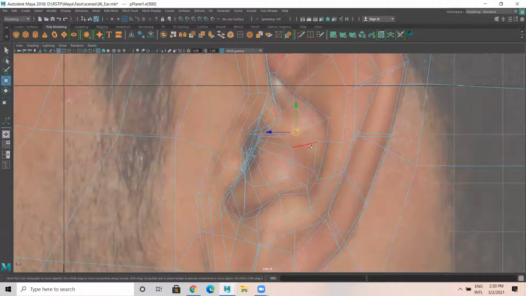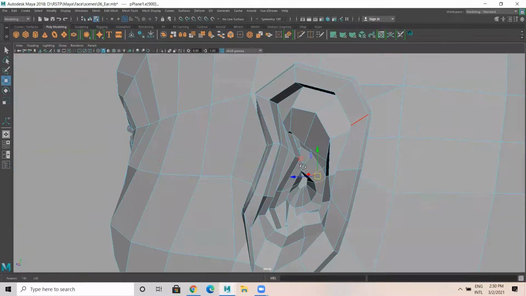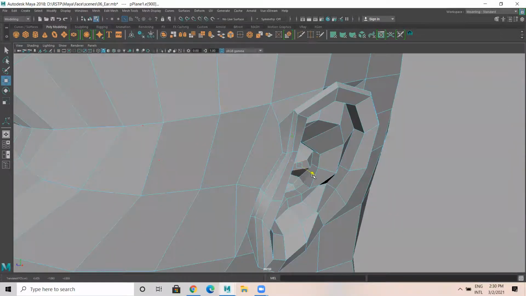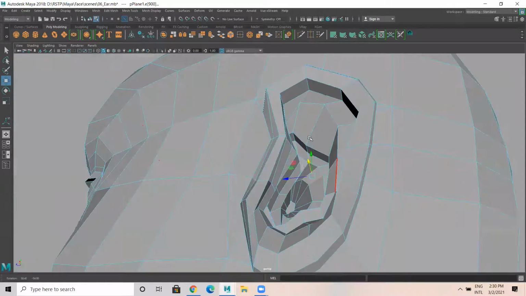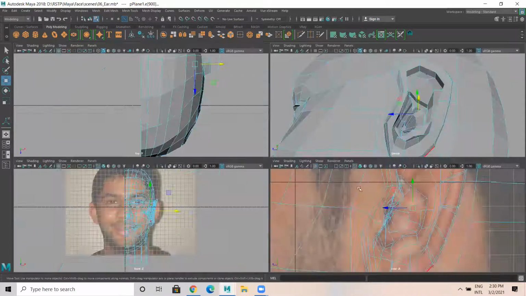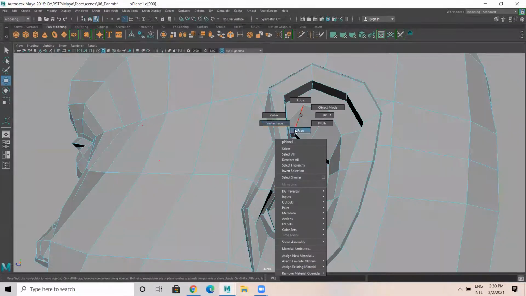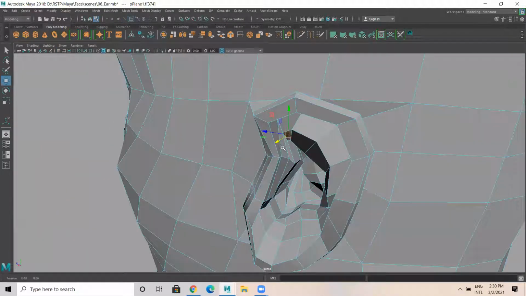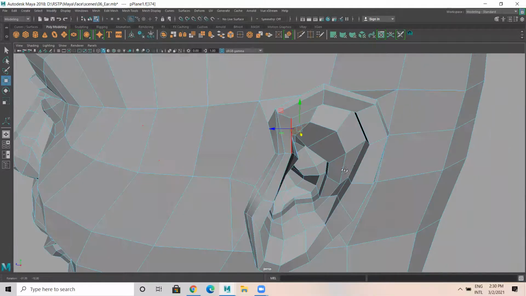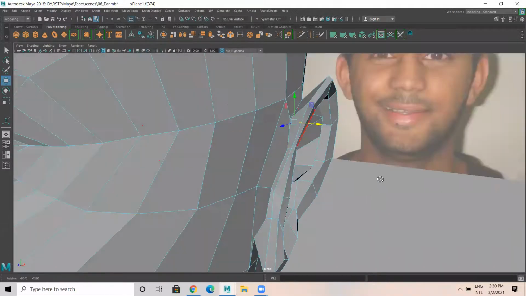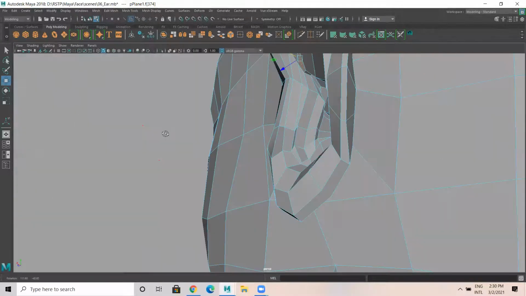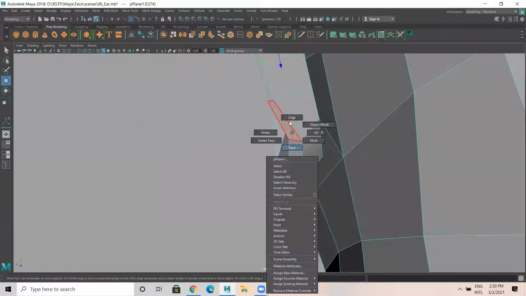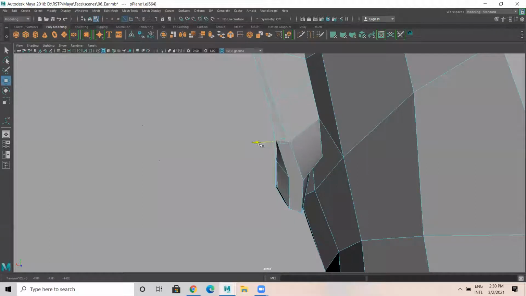So select certain areas where there is a bulge, select these edges. Outside like this. This face should go a bit inside. This edge has to be like this.